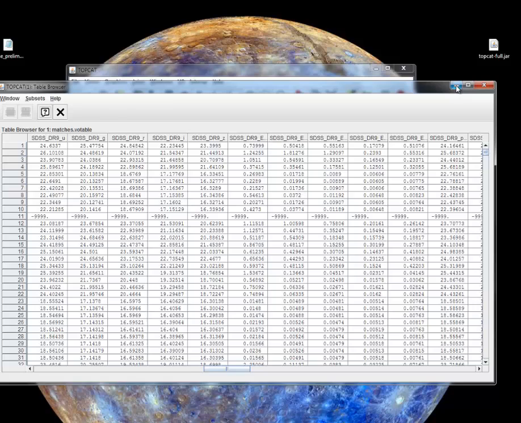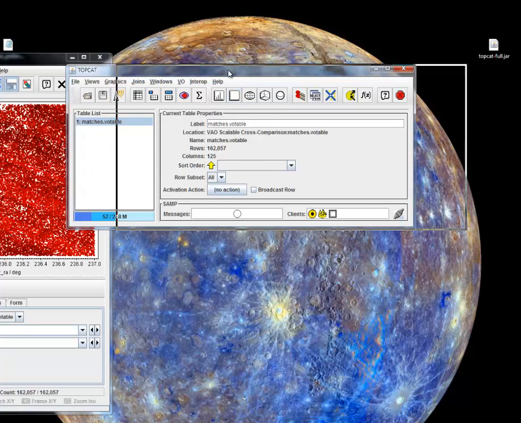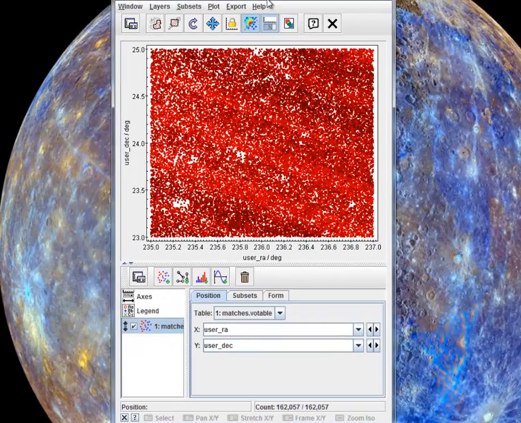All right, so now let's build a color plot. To do this, simply click Plane Plotting Window, and this will bring up a plotting window. Now, by default, it's going to show a plot of user RA versus user dec. So what we need to do is change the axes and change the ranges of the axes as well. Now to change the axes,